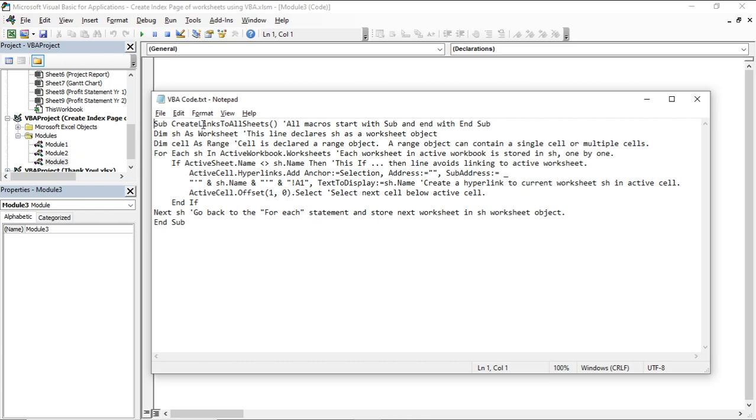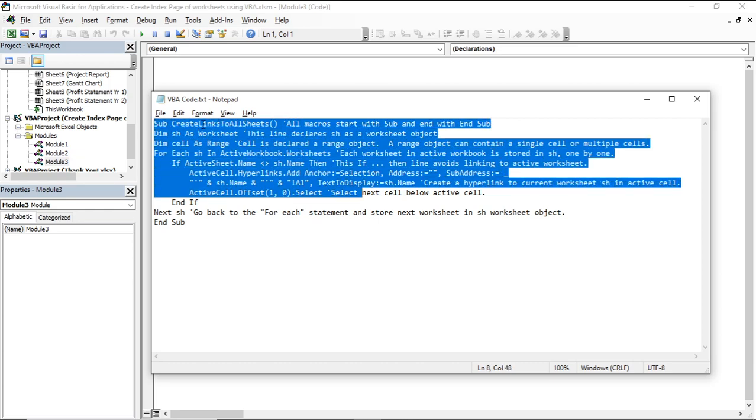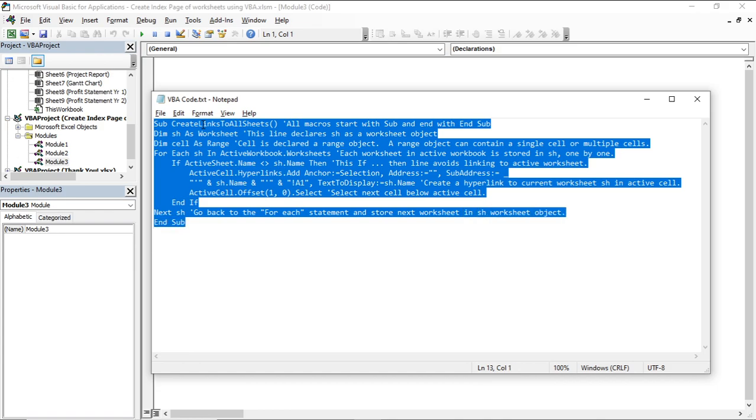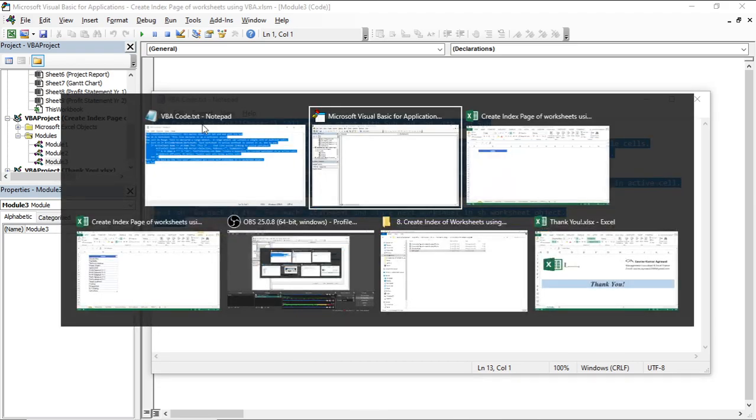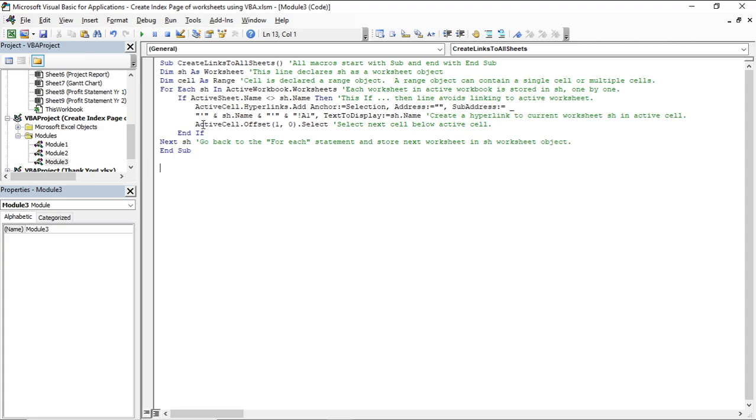Now this code I have already written. This is the code. You just simply need to copy the code from here and paste it. This will be available to you in the comment section of my video, wherein I will paste the entire VBA code for you to just copy and paste in your new module in the VBA screen. I'll just paste it. I will press Ctrl S to save it. After that, I will exit this window.